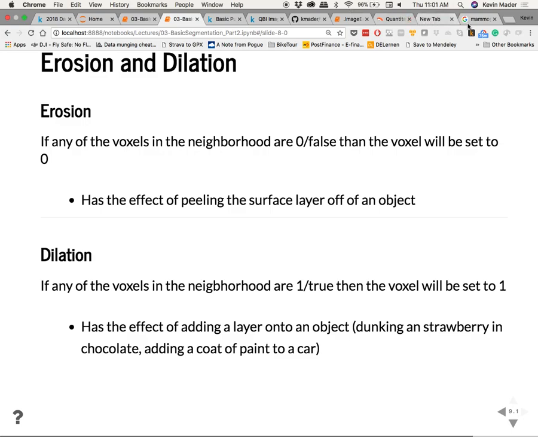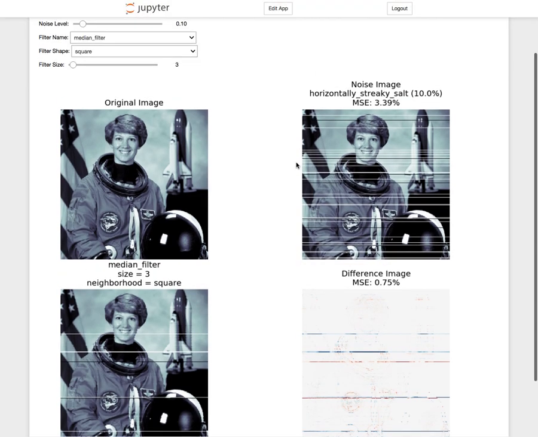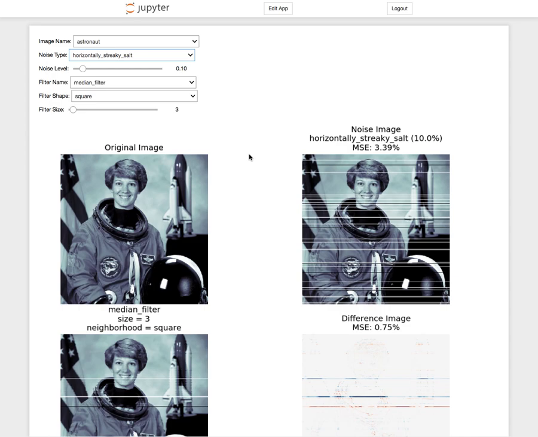So if we go back to this example from before, we have this noisy image, and we're trying to get rid of that noise. Here we have the noise as horizontally streaky salt. What sort of neighborhood would you use to get rid of horizontal streaks in an image? Any idea? Probably a filter that is orthogonal. Exactly. So if you use a vertical line filter, or I hope so, a vertical line filter here,